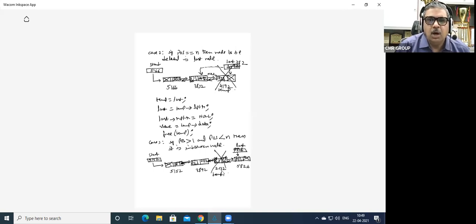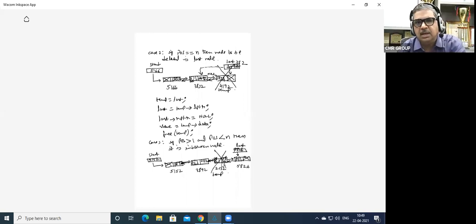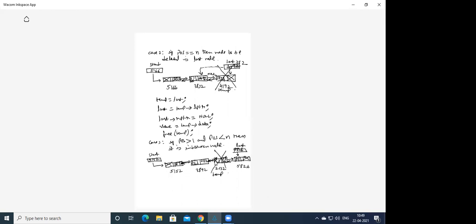Okay, so how to make the changes now? Sorry, this is 3892. Assume that temp has come here. How has the movement of temp taken place? Temp was initially here, i equals 2. Then the temp keeps moving, right? Temp has moved from first node to second node to third node.